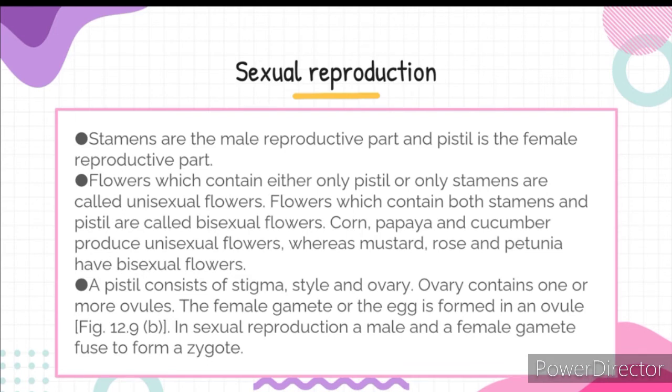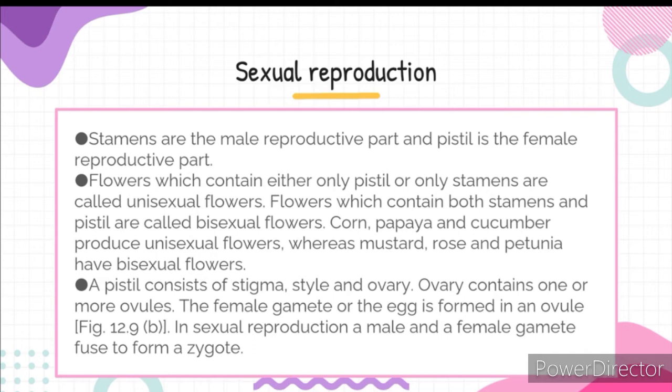Now moving on to sexual reproduction. We have completed the entire learning about asexual reproduction. So sexual reproduction is one in which a male and female are involved. It needs a male reproductive part as well as a female reproductive part. So guys, stamens are known as the male reproductive parts of plants. Male means boy, and pistil is the female reproductive part. Do not forget that stamens are the male reproductive part while pistils are the female reproductive part